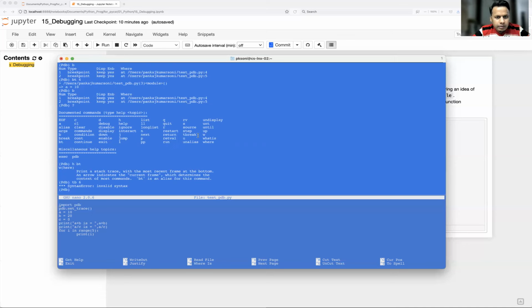Okay, not this one. Print a stack trace with the most recent frame at the bottom. Okay. Where is the temporary point?